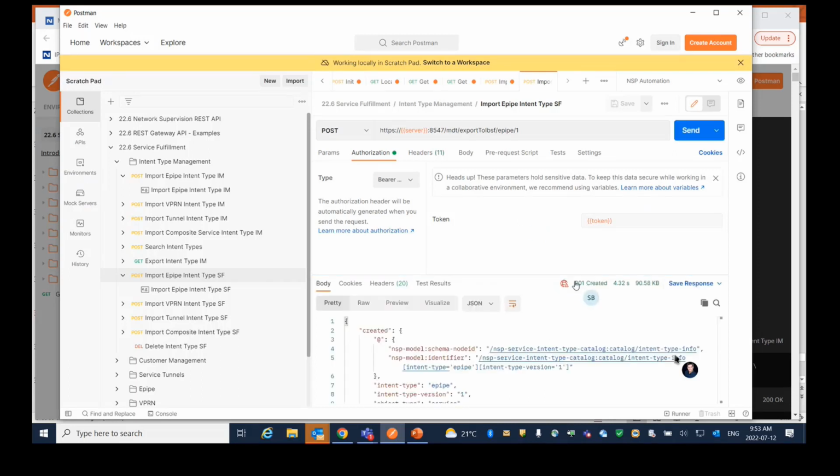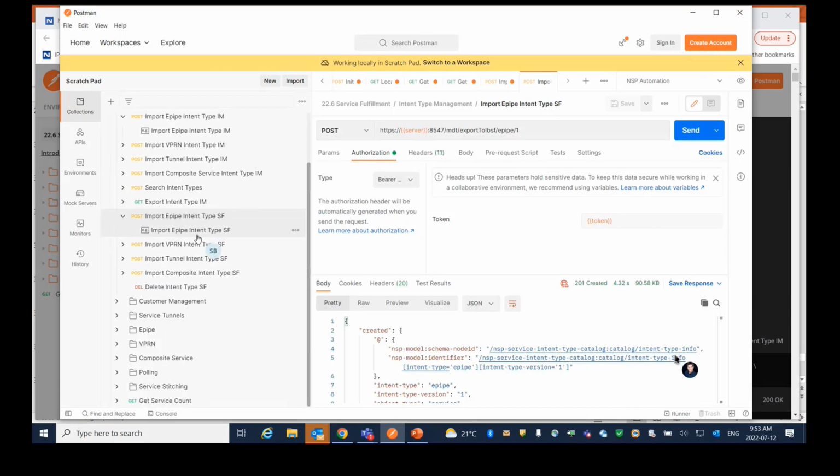Okay. Now notice I got a different response, right? I got a 201 Created. Okay, that's because I'm using a POST request now and not a GET. So that's a good response though, because it tells me it's been fulfilled and created. And then below it actually gives me the details of everything that was created. So that's great. So now I know it should be in the service fulfillment application, and I should now be able to create a service template using